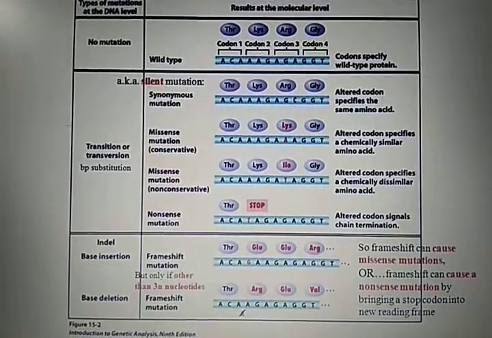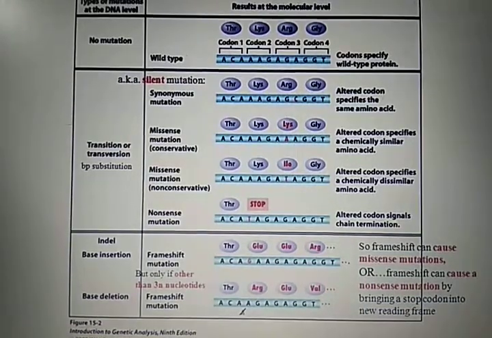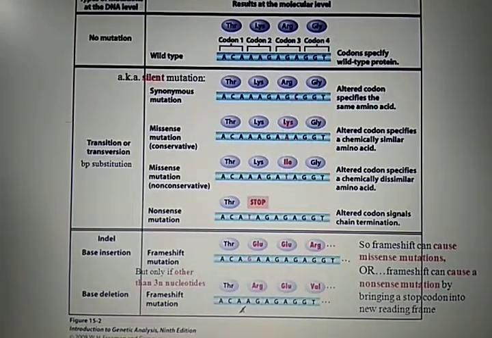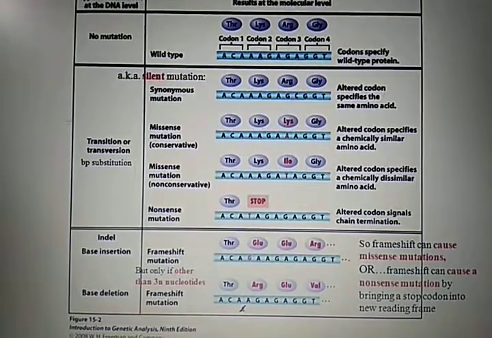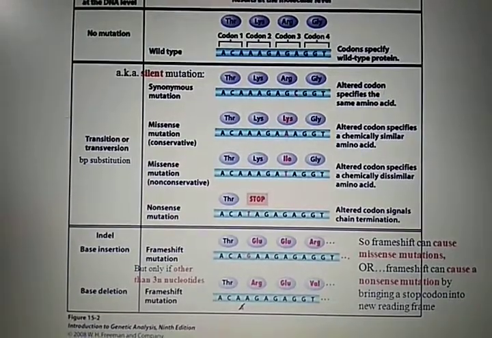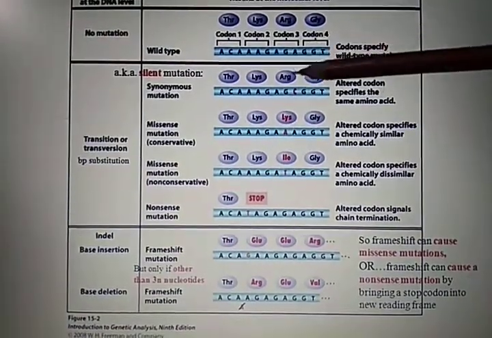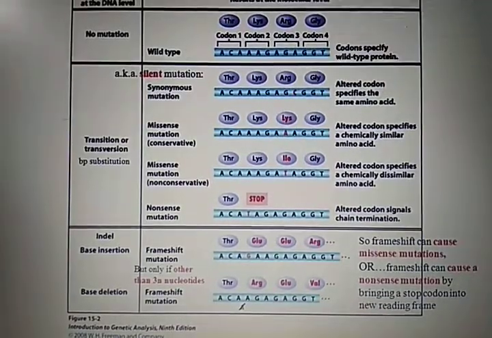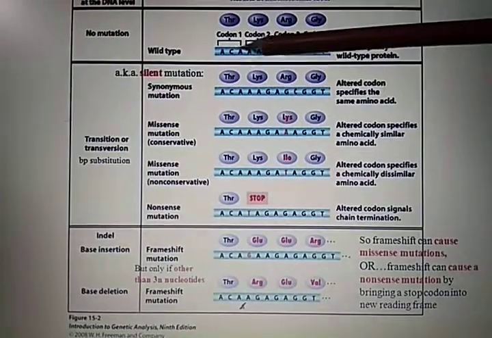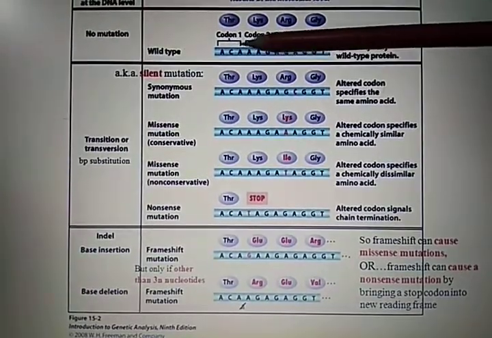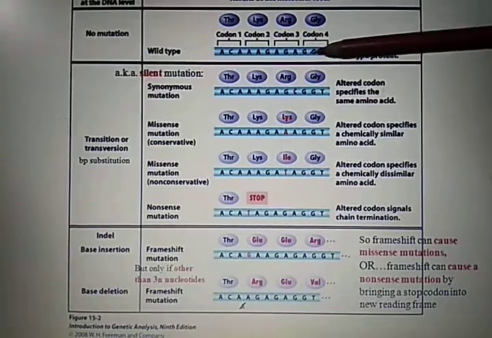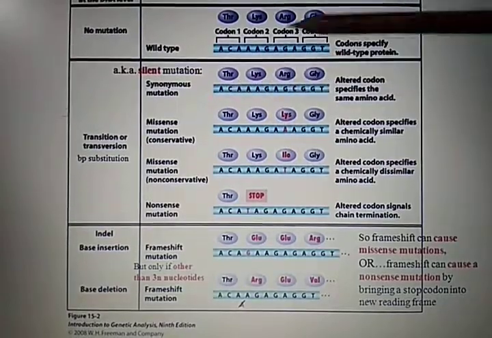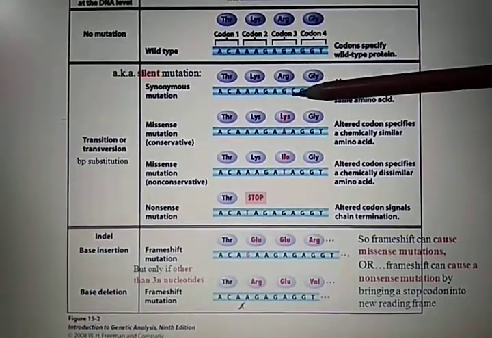A change in genetic code or a change in genotype always results in a change in phenotype, with some exceptions, because in some cases it does not cause any effect. If a genetic change or a mutation does not cause a change in overall phenotypic composition, then this is known as silent mutation. For example, see, in the wild type, the codons are ACA, AAG, AGA, and GGT, while after mutation, the third codon gets changed to AGC.